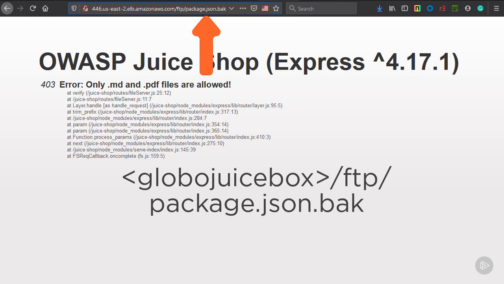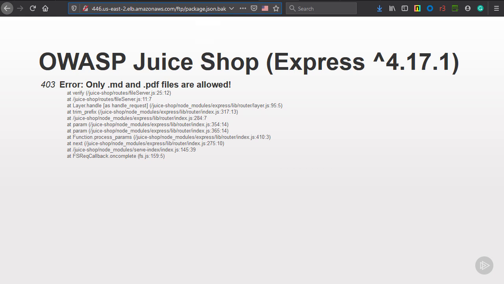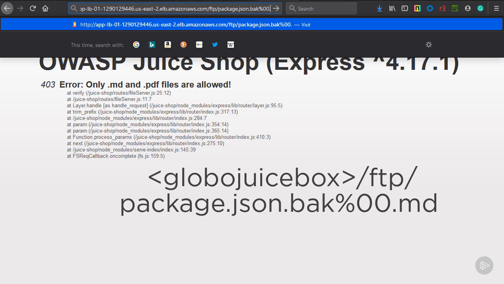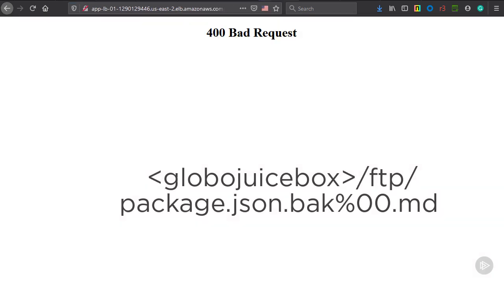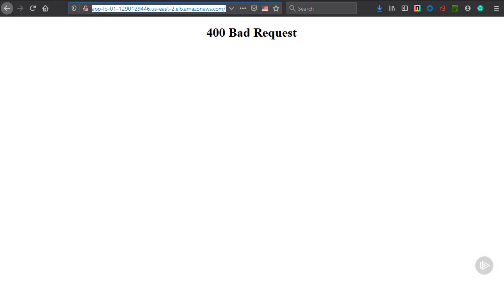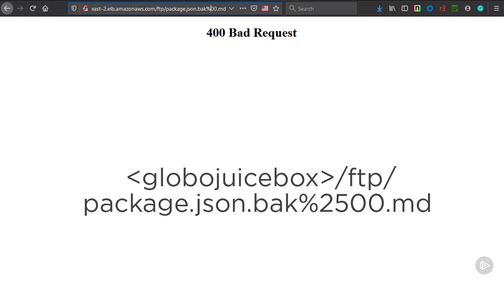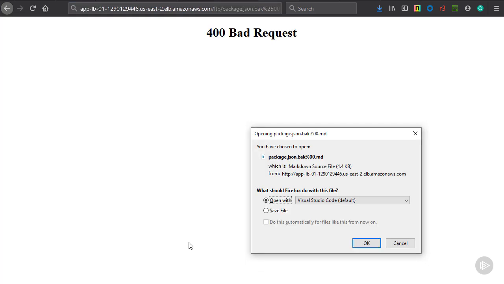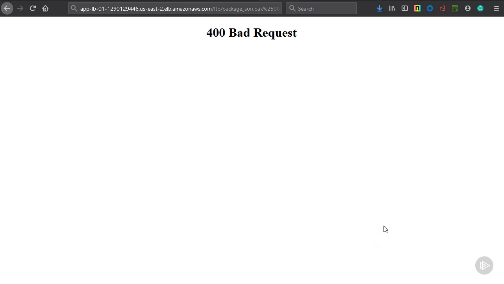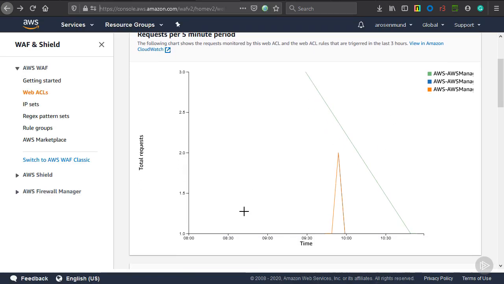But the .bak extension not matching is the problem. So I'm going to add a URL encoded null byte with the approved extension .md and see if that helps. Well, this time I'm instead getting a bad request error, but there is always more than one way. I can still try the URL encoding for the % sign so that it will properly pass the %00 to the filter. And I'm in. That was a pretty blatant file inclusion, and if I check, I did get some alerts